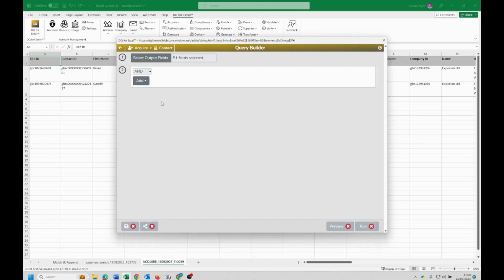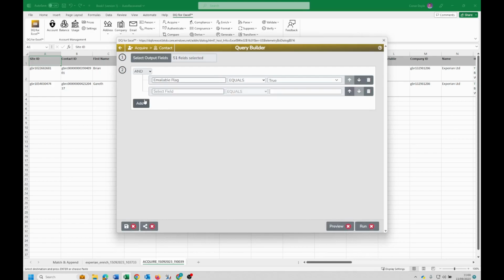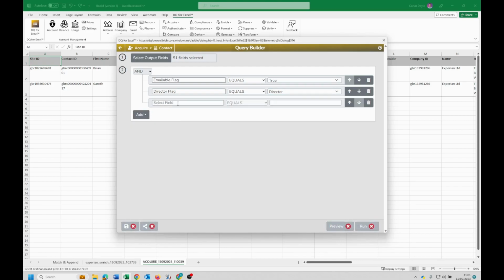And this is more of a generic query. So we're going to look at building a query where we can add a row where we want email flag is set to true. We might want to set another criteria where we only want to look at directors. So we want equal to directors. And we only want the IT directors. So we're going to look and search for IT